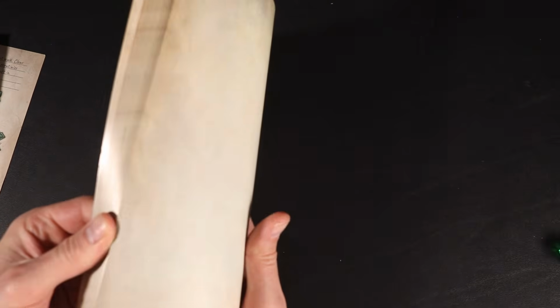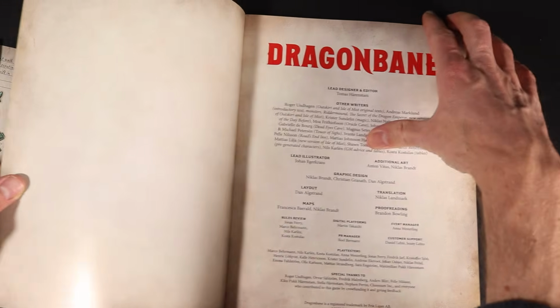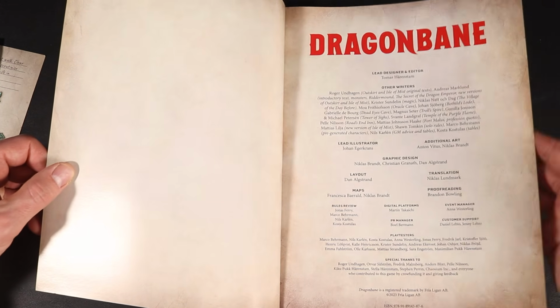So the adventure book is also a little over 100 pages, looks like 116, and there are 11 included adventures, and those were all from the Kickstarter. I think they kept getting more stretch goals, and it was a lot of fun as a backer to see the number of adventures